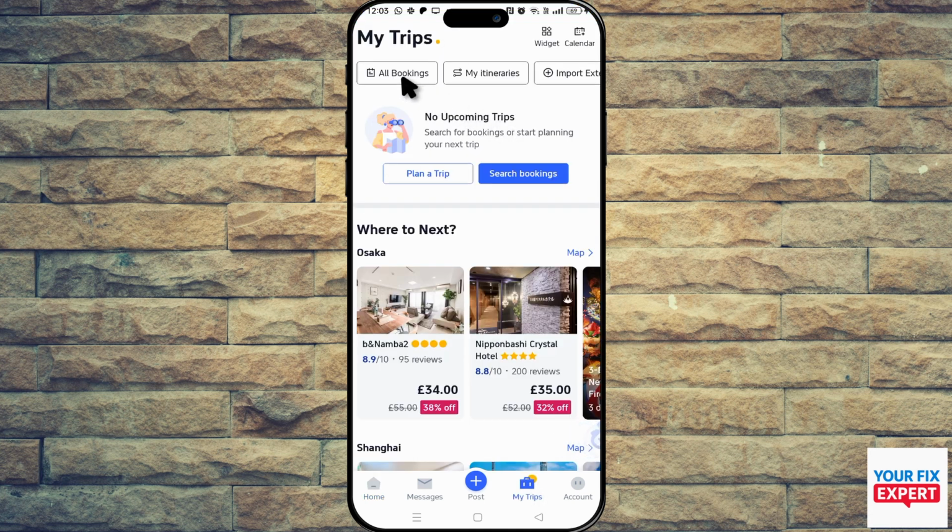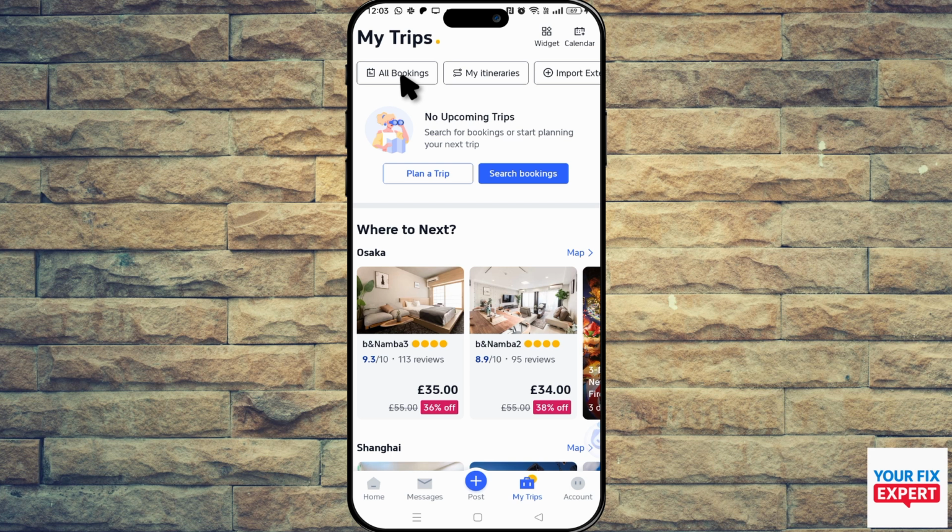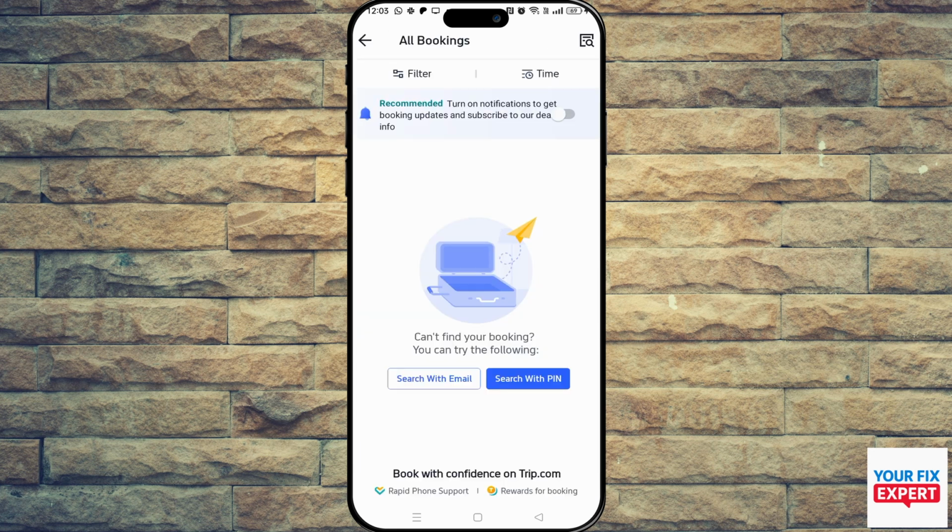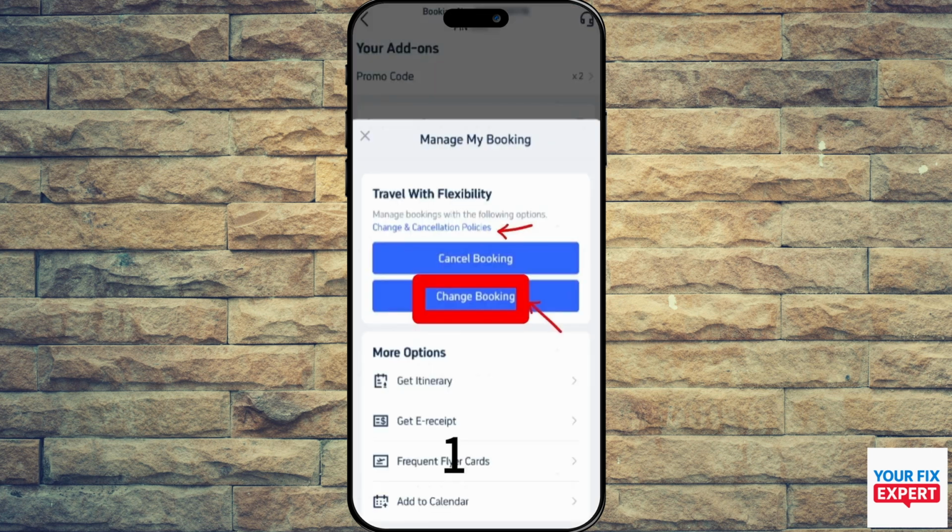But I'm going to click on All Bookings. So you'll definitely see all your trips here and all your bookings. Click on the specific one that you want to change. Now you can see I have none here, but we'll use a few screenshots. So once you click on your booking, you will have this screen here, and you'll see the option to change